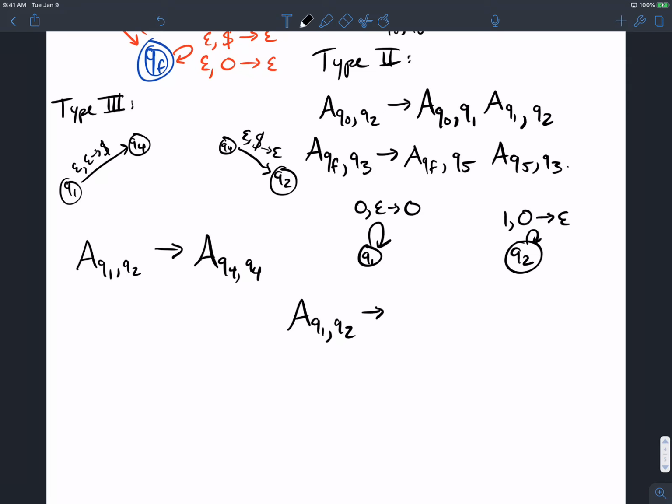We read something on the push transition, which in this case is what? 0. So we generate a 0. And then what are my intermediary states here? So where does the push transition end? Q1. So I got to know how to get from Q1 to what? Q2. So I have the same variable in this case on the right side.